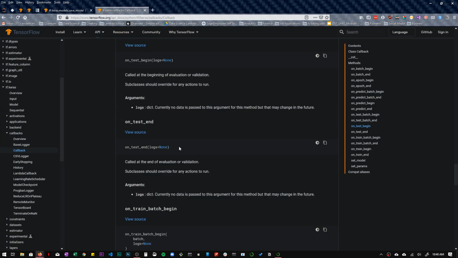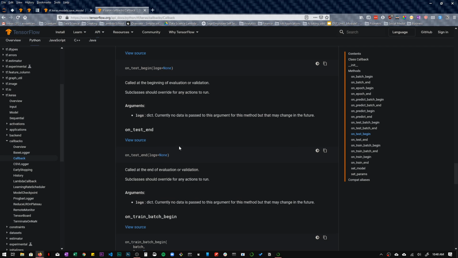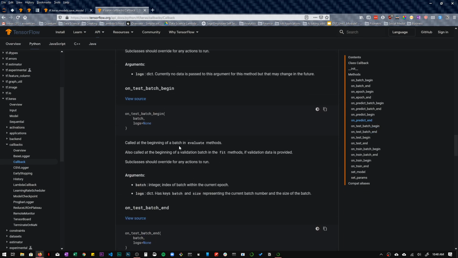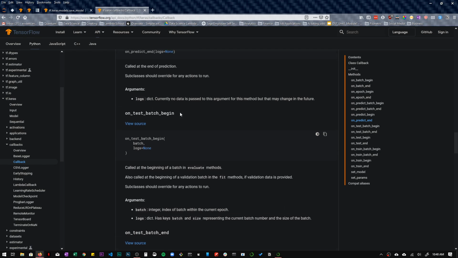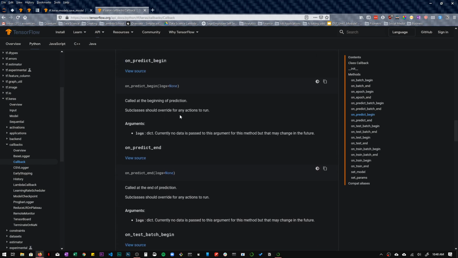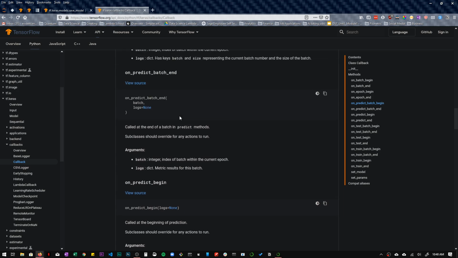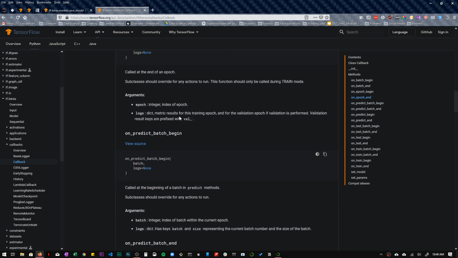Let's say on epoch end, I want this to check when validation data is above 98%, not just the accuracy data.